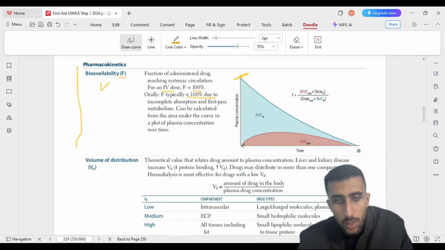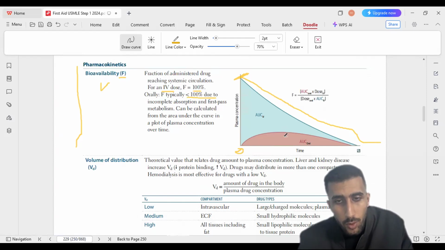So at time zero, the plasma concentration is going to be at the maximum. You're injecting the drug directly into the circulation, and over time it is going to decrease until it reaches zero. So this is like a formula. You will not gain much by memorizing it, but if you need it, the bioavailability is going to be